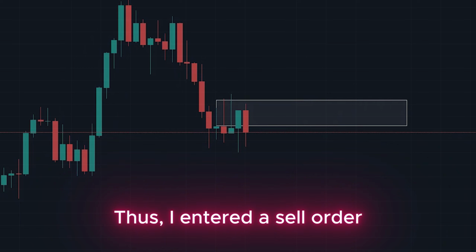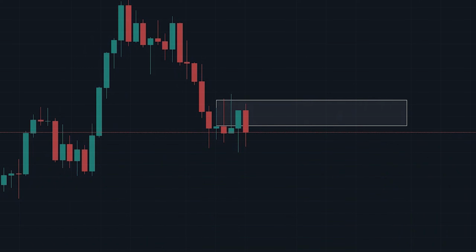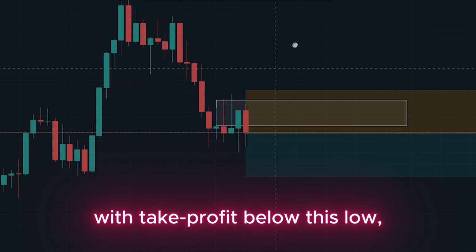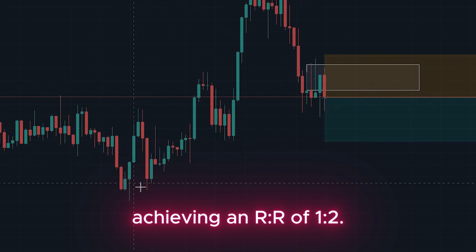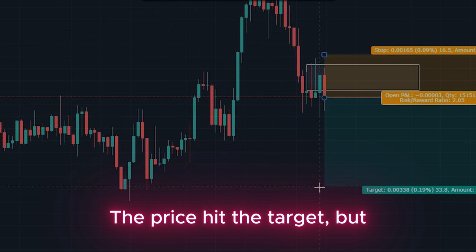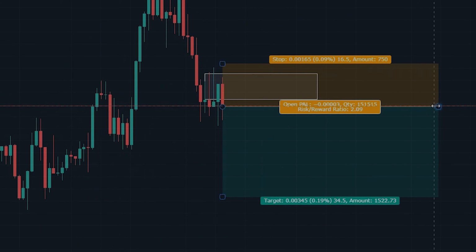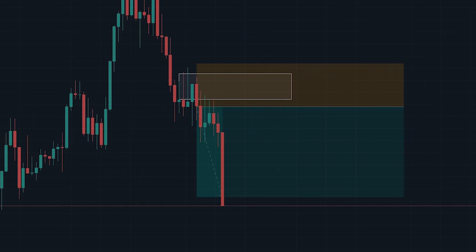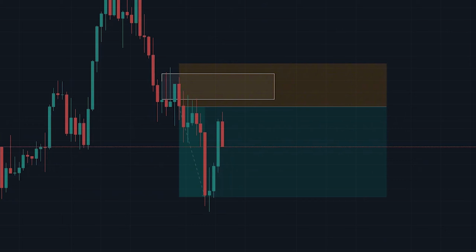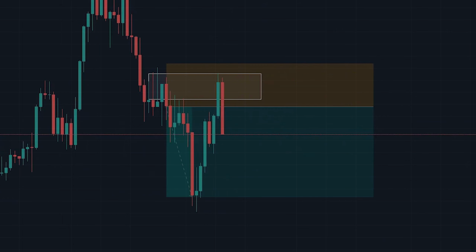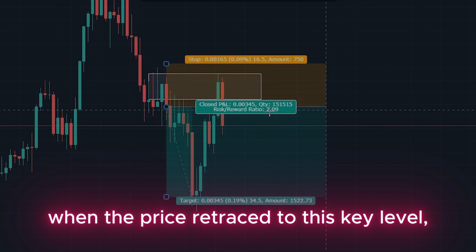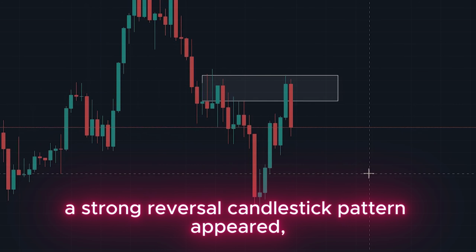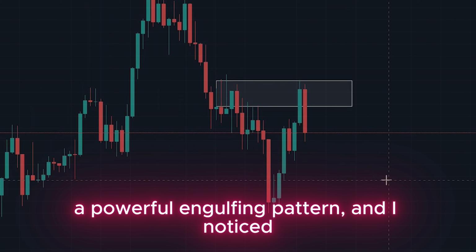Thus, I entered a sell order. In this scenario, SL was placed just above the key level. We take profit below this low, achieving an RR of 1 to 2. The price hit the target, but when the price retraced to this key level, a strong reversal candlestick pattern appeared, a powerful engulfing pattern, and I